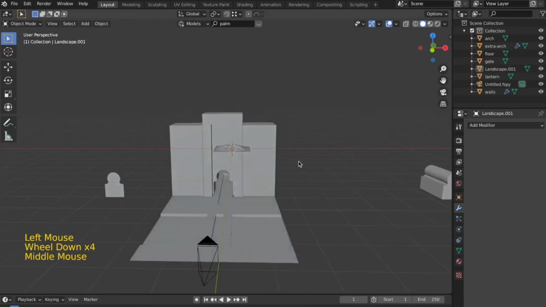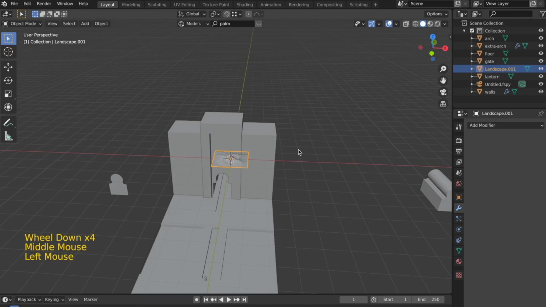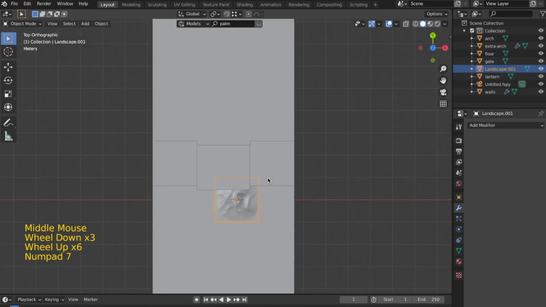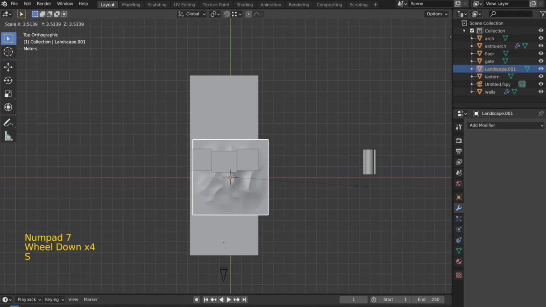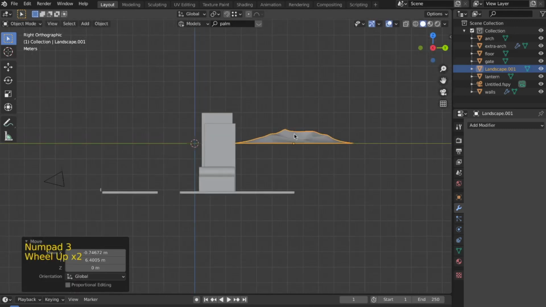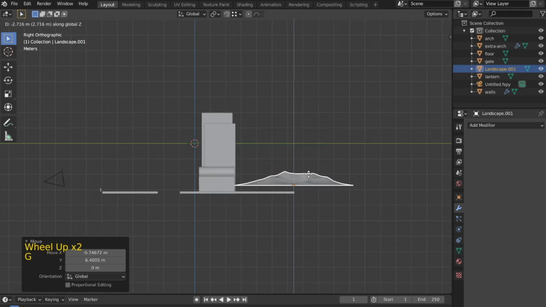So make sure that you have done all the settings before clicking outside of that box, because once you have clicked outside you cannot edit it again. So now I will go over here, and then in the top view I can scale it along. So anything of this scale would look fine. Now by going into the right view, I can place it somewhere over here.